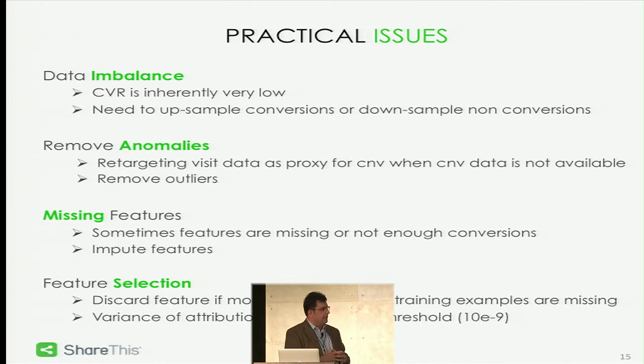And another thing is the feature selection, because in some cases you have the features, but those features don't have enough information, so you have to throw them away. And in practice, we found that we could discard a feature if 70% of that feature is missing, or the variance of the attribution is lower than a threshold. But that's not the only problem, because the size of the data is really huge, and that's why H2O